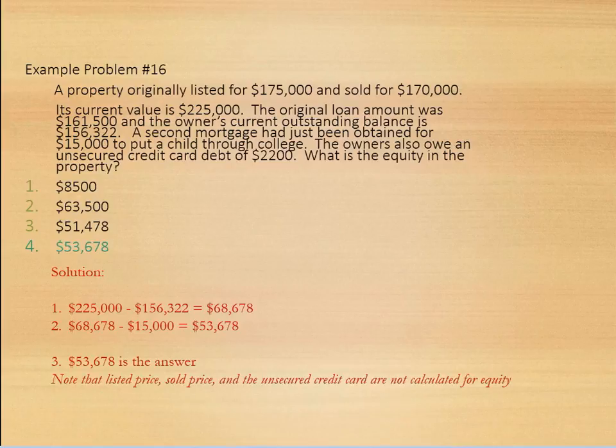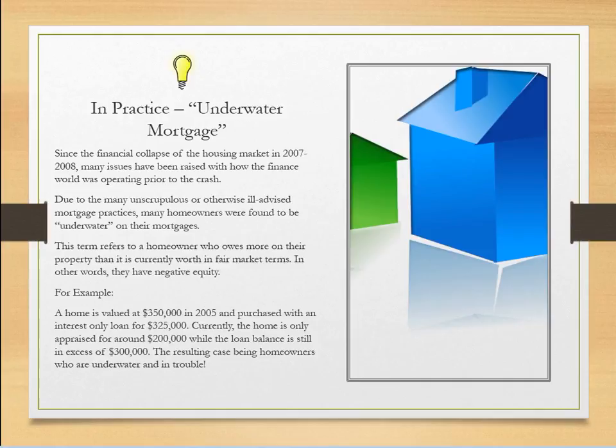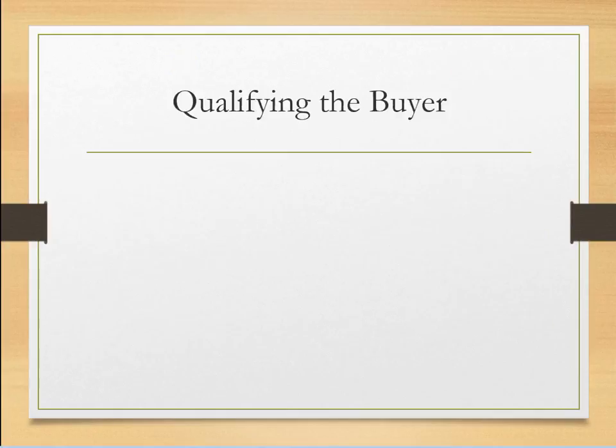Note that things like the listed price or the sold price or that unsecured credit card debt are not considered in the calculation of equity. So if you left those out when you worked it out, you did great. Good job. The final concept we want to talk about here